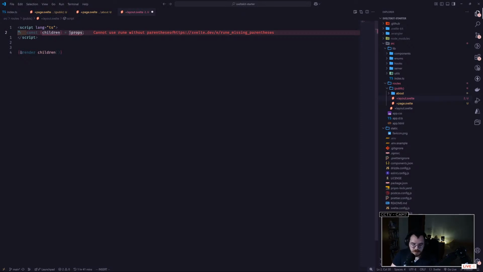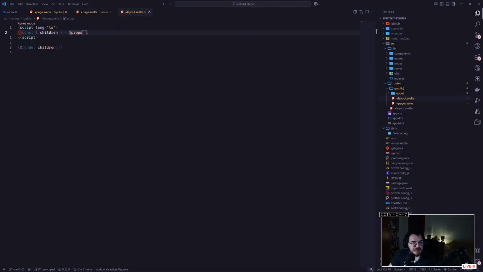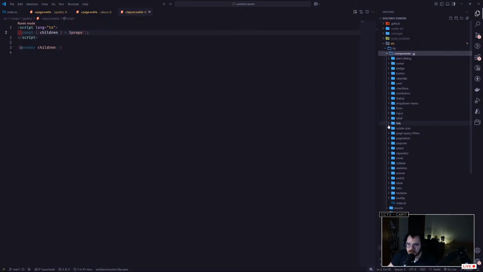Oh, and I need to call this like so. And now this is good. And in case you're wondering what this does, it's basically something you have in all of the components, but in this case it's something special. In case of a component, like I probably showed you, let's say this one,